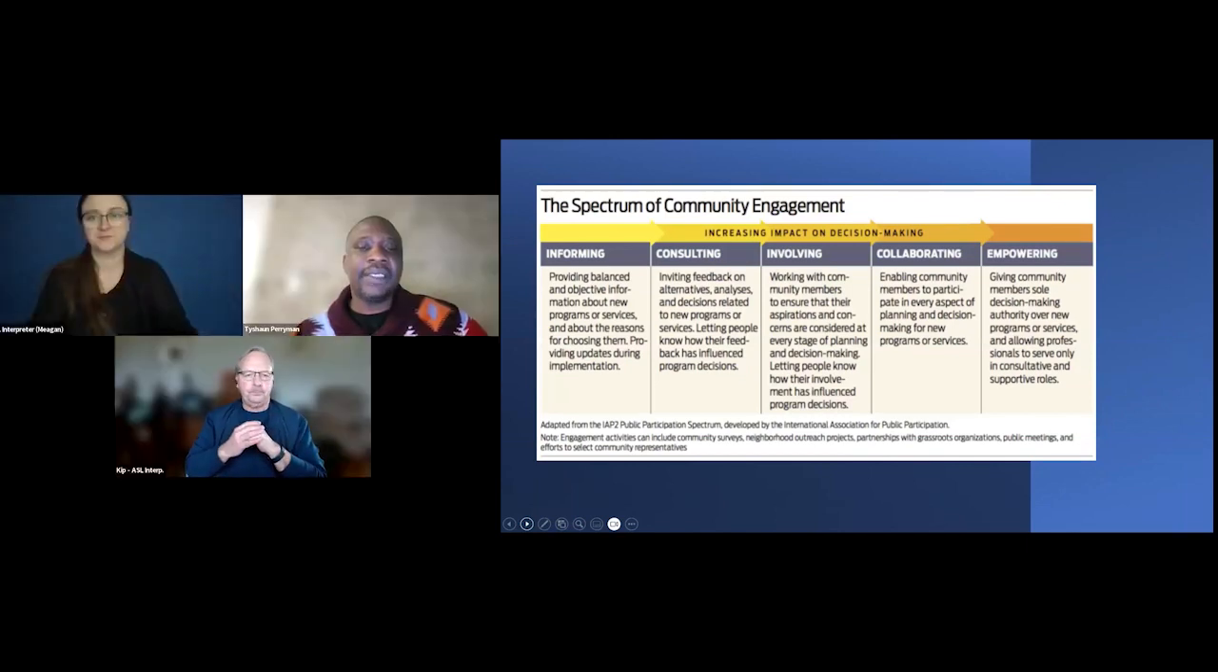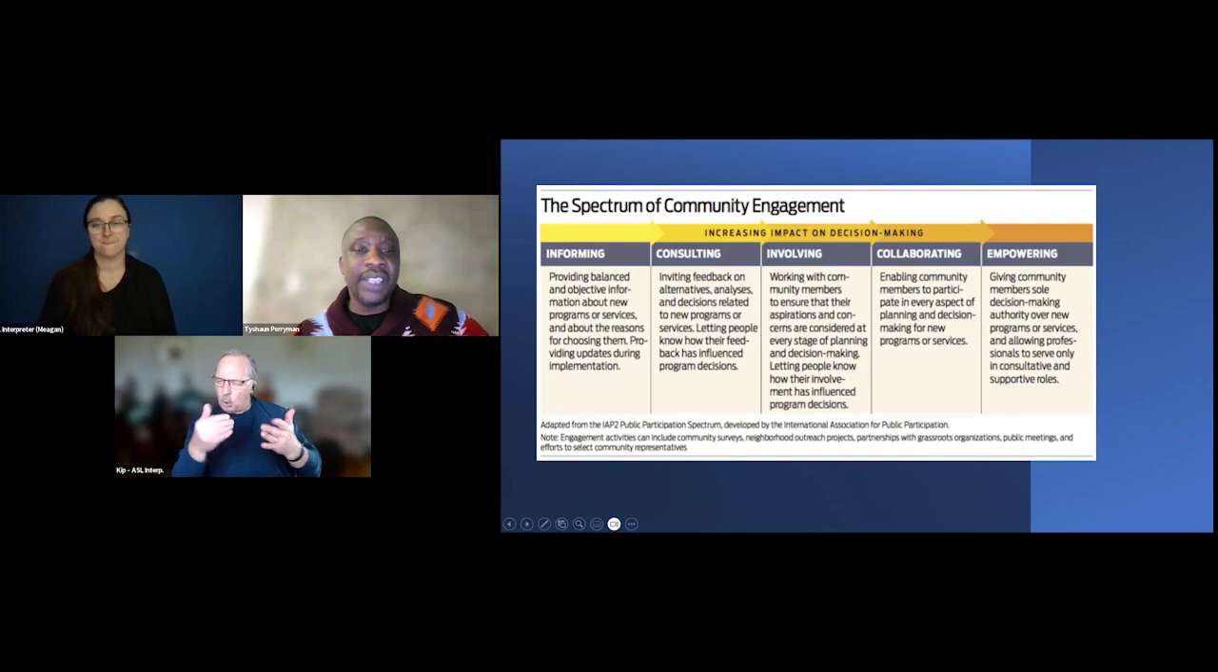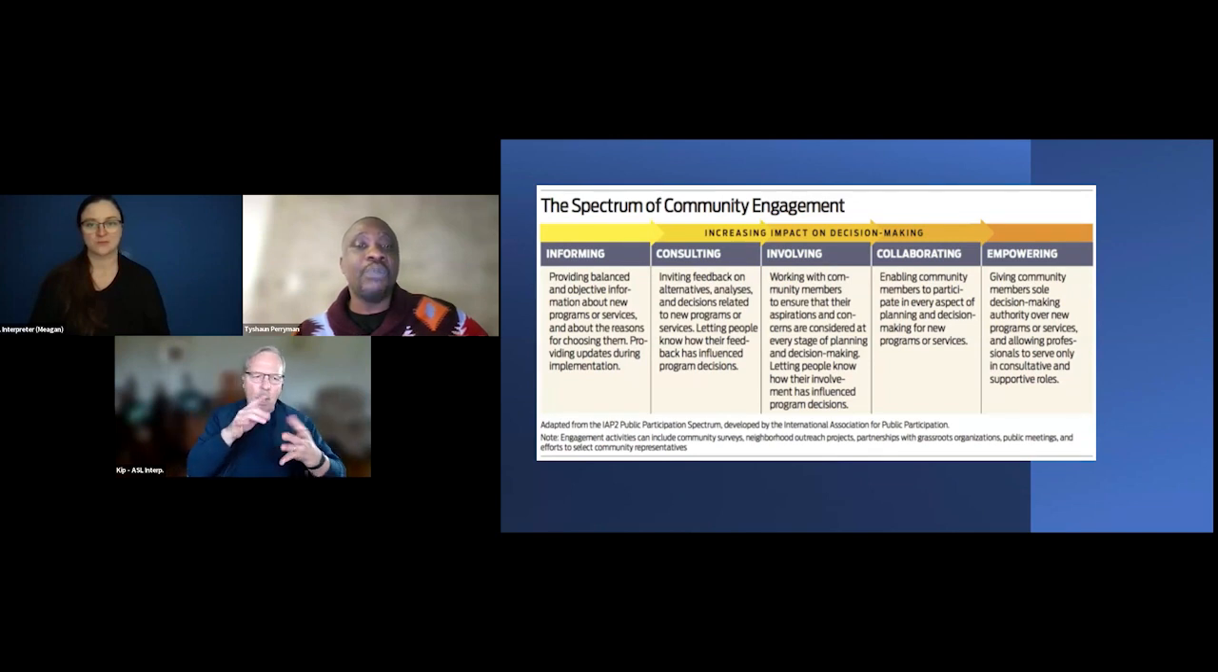My work is aligned with the community engagement spectrum, which is informing, providing balanced and objective information about new programs or services and about the reasons for choosing them, providing updates during implementation, consulting, inviting feedback on alternative analysis and decisions related to new programs or services,